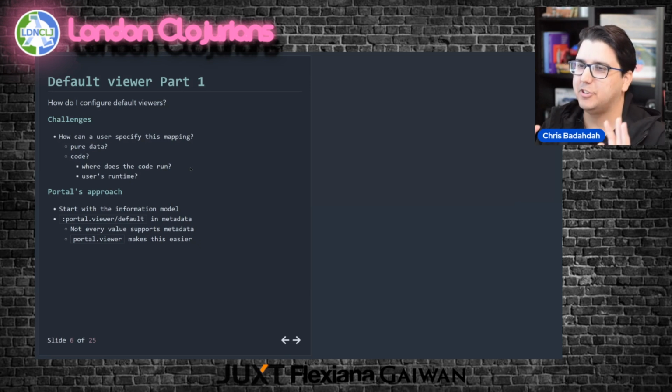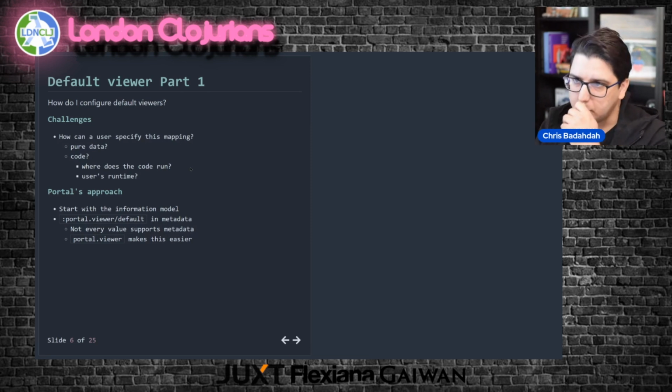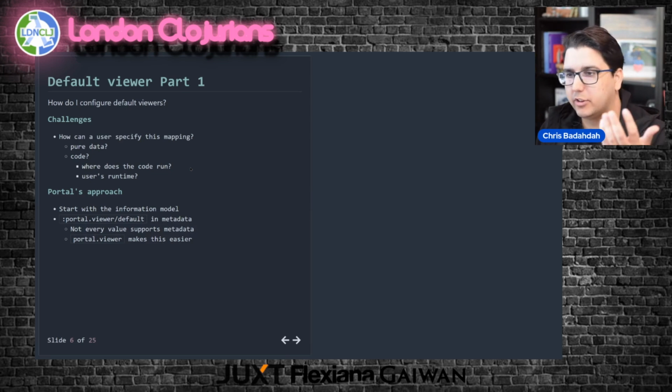So Portal's approach is to hold off on those questions. And instead, let's establish an information model of how you represent a default viewer in data. And for Portal specifically, I chose metadata to say, hey, for this value, I want to use this as the default viewer.